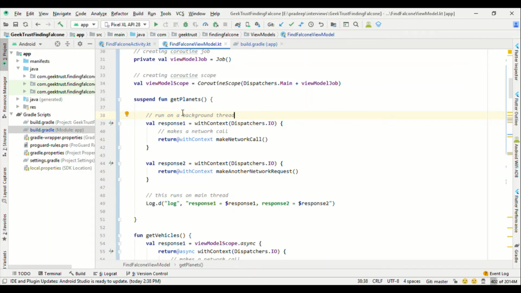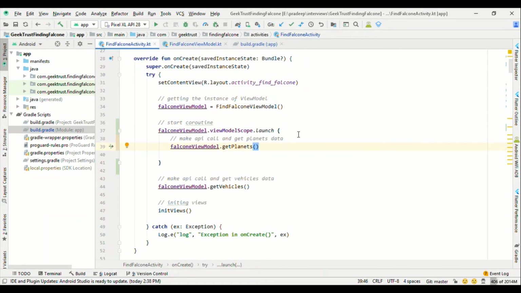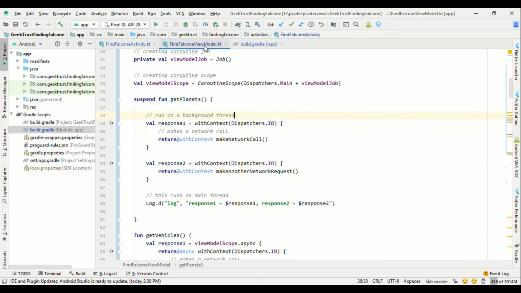GetPlanets is a suspend function. I am calling this GetPlanets from here using viewModelScope.launch. Here it creates a coroutine and inside that I am calling this GetPlanets suspend function. This coroutine by default runs on the main thread because when creating this viewModel scope I specified the context as main.